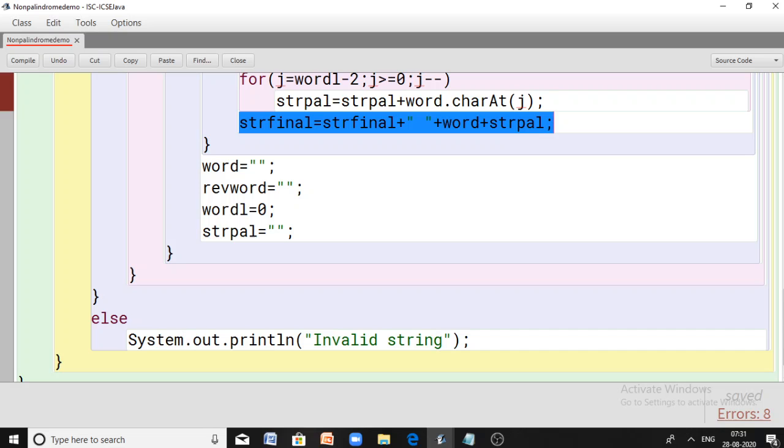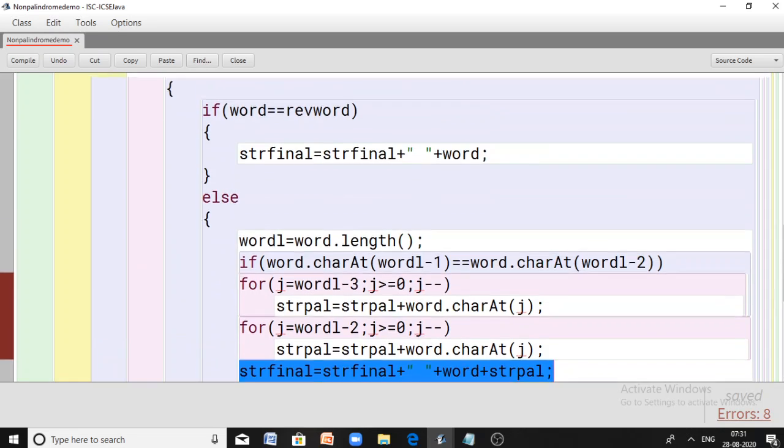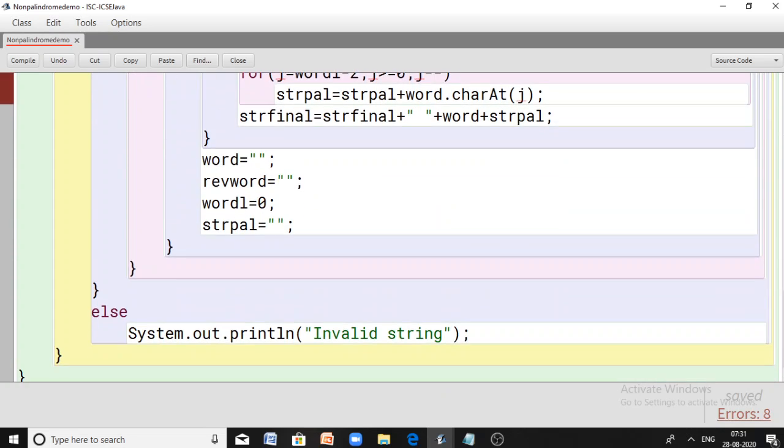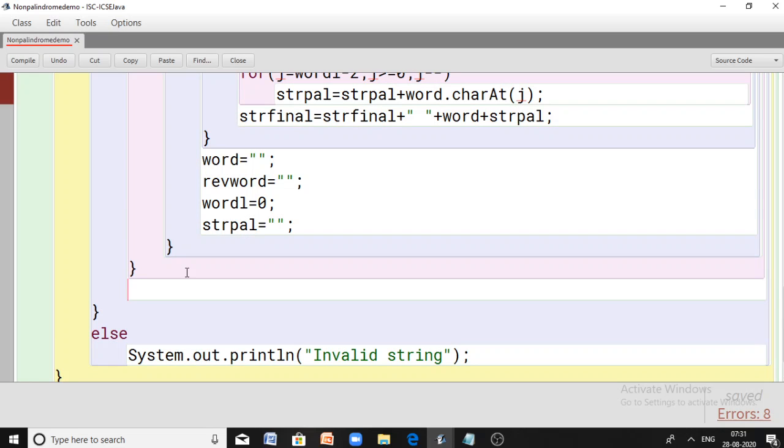So where can we print it? That should be within the end of this if part. Once the character meets the criteria of the termination character, there you can print. That's where you started processing the strings, right? So there you can print.